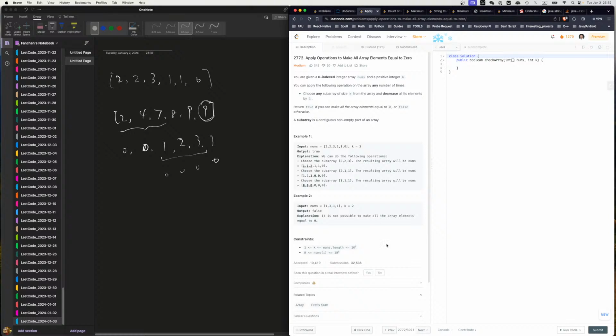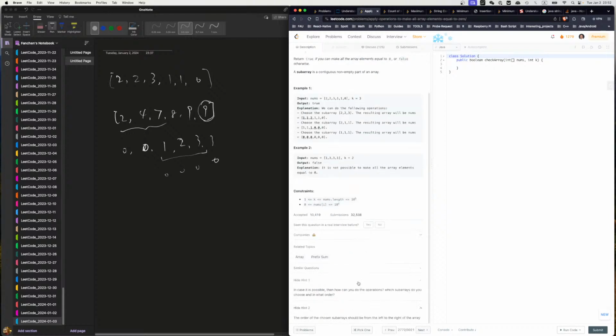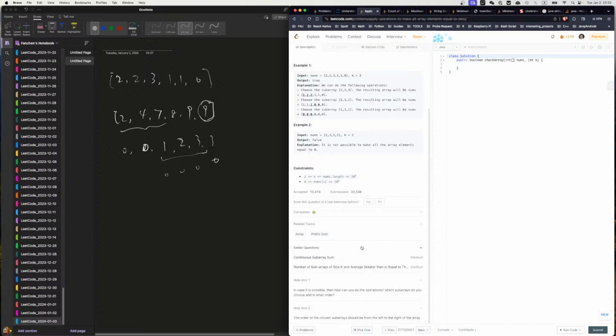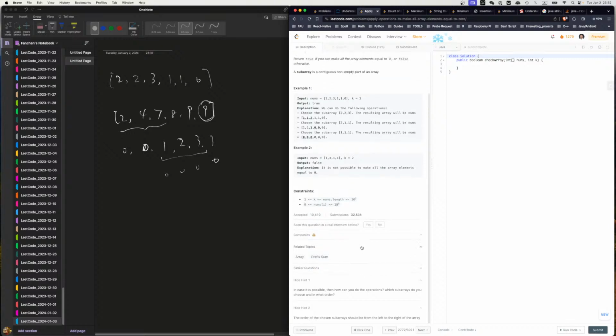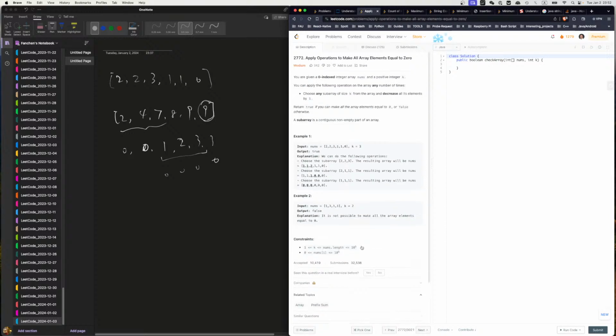I don't know how to solve this. No idea. The hints doesn't help. The hints doesn't help at all. Continuous subarray sum. I have to try it again tomorrow. Yeah, whatever idea I had last night didn't work. Alright, another fail. But not yet fail because I still feel I have something in